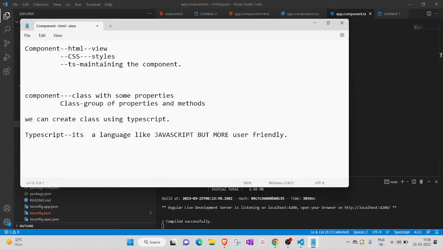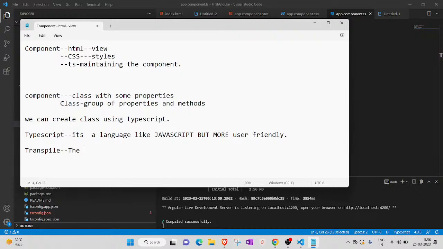But TypeScript has been designed on the top of JavaScript. This is the one thing you have to remember. TypeScript has been designed on the top of JavaScript. That means by taking JavaScript only, TypeScript code has been designed. That means internally, if you compile or break the code of TypeScript, internally it will give you JavaScript code. That process is called transpile. Transpile. What does it mean? Transpile means